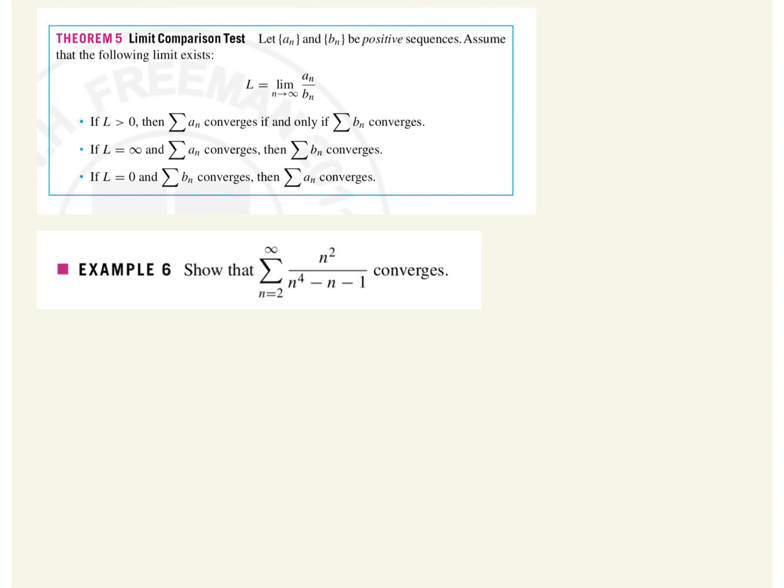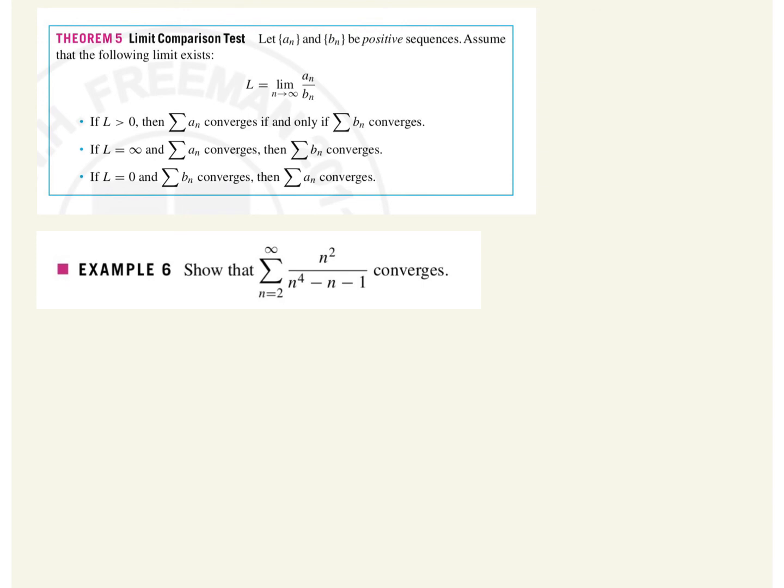If L is positive, then the series of a converges if and only if the series of b converges. If L equals infinity, then if b sub n converges, then a sub n converges. And if L equals 0, then if b sub n converges, then a sub n converges. So take a minute to think about those three different scenarios